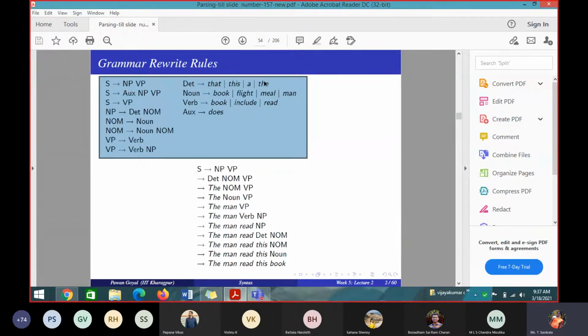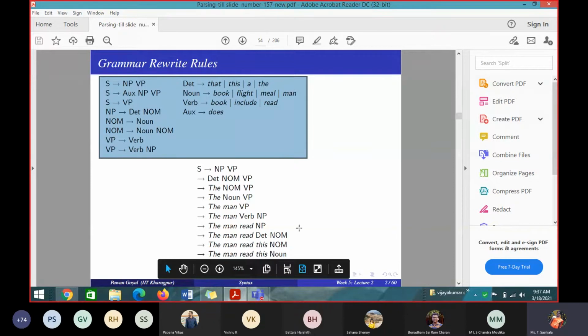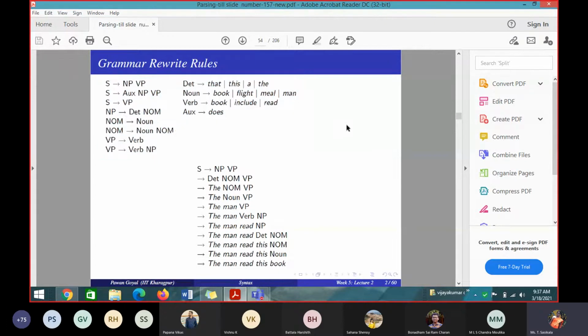It is there in the production rules, so I am writing this. Then nominal gives what? The determinant gives "the", then we continue; nominal gives noun, so I replace that, and VP stays as such. Then "the" I retain as such. Noun gives what? I want "the man read this book", right? Noun gives man. Is that production rule available? Noun gives man.